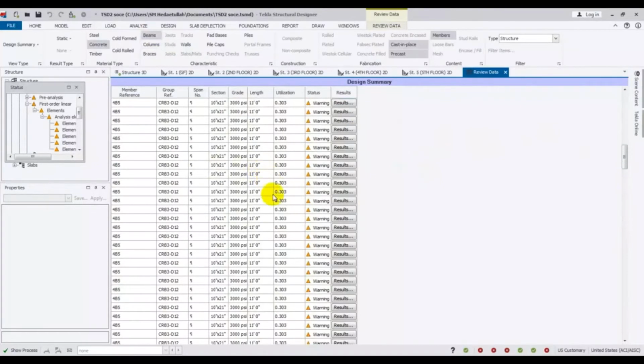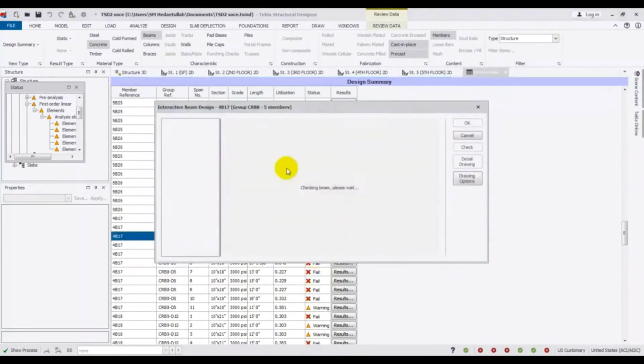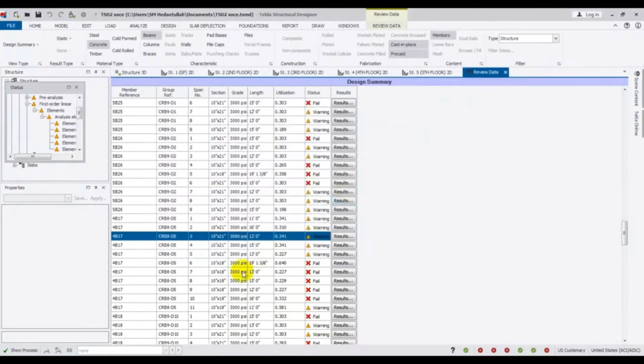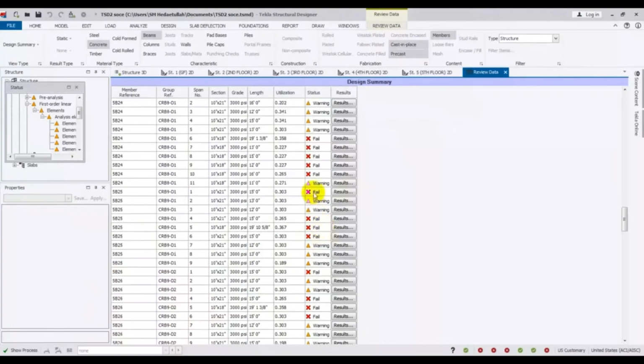So from here we are seeing the warning, if we open that one, these types of beams are opening. Okay, these types of beams are opening but it's showing warning, but some beams are totally failed. So